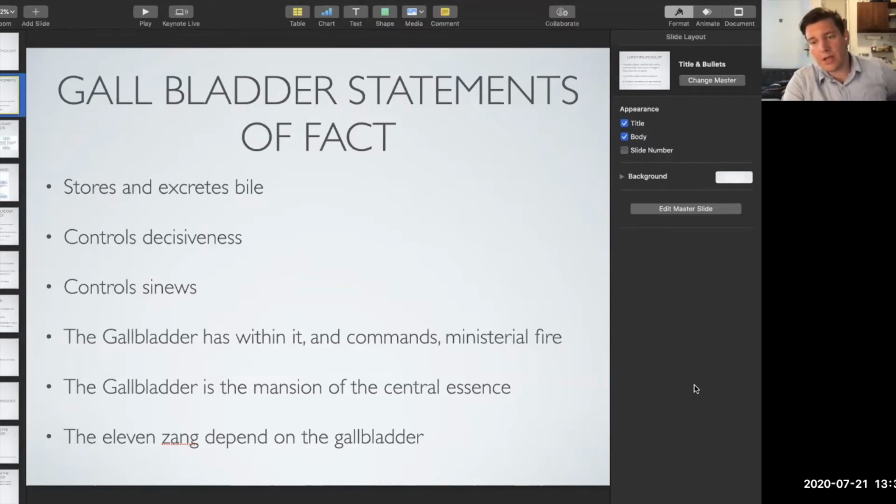In terms of the difference in how the liver and gallbladder control the sinews, I wouldn't worry about it too much for now, because usually what you do when there's a sinew problem is you use both. There is a yin and yang relationship between the liver and the gallbladder, but wood itself is a quite yang phase, being yang within yin. So while the gallbladder is more yang than the liver is, they both have a relatively yang nature. So we can use them somewhat interchangeably, which is also a little bit of a cop-out on my part, because